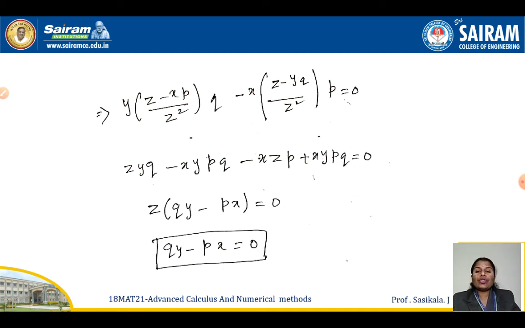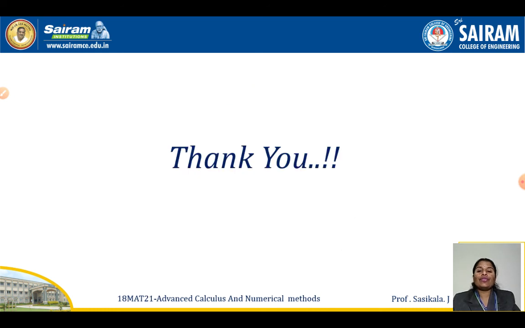That's all. So these three are the major parts when you go with eliminating arbitrary functions. The first one, which is direct, has only one function. The next one has two functions. Wherever you have two arbitrary functions, you have to go with second order derivatives. And the next one is a function expressed in terms of u and v, phi of u comma v equal to 0. There we have used the Jacobian method. Okay, thank you.